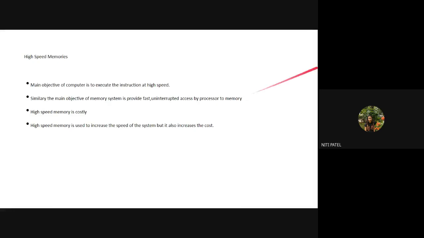So high speed memories are generally costly. That is, your cache memory is generally costly as compared to your RAM and ROM. The high speed memory is used to increase the speed of the system, but it also increases the cost. So if I try to increase the speed of a system, I am also going to increase the cost. Therefore, we generally do not try to purchase a new cache memory. However much inbuilt cache I have got, we keep on using that memory only, and as a substitute, we make use of the main memory and the permanent memory, which is ROM. So your cache memory is one of the high speed memories and the costliest memory in your computer system.